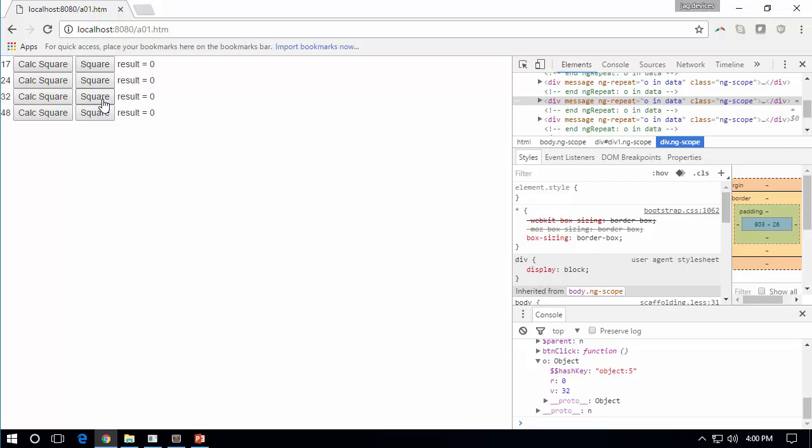Yes, I clicked it. It should have done its process. So let me again do this. I open the scope of the current one, which is nothing but the third one in this case. I open O, and you can see the result has been calculated, which means 32 into 32 becomes 1024. The value of R has been modified by my function, but it was not immediately made available here because it did not digest, which means the digest cycle did not come into the picture. So in order to accomplish that, I had to say